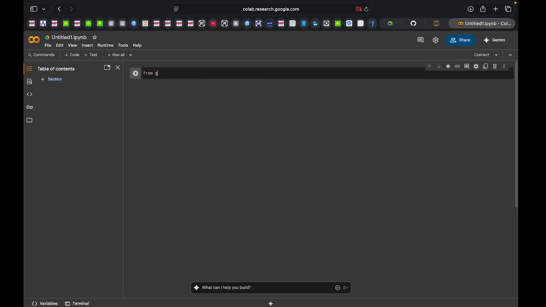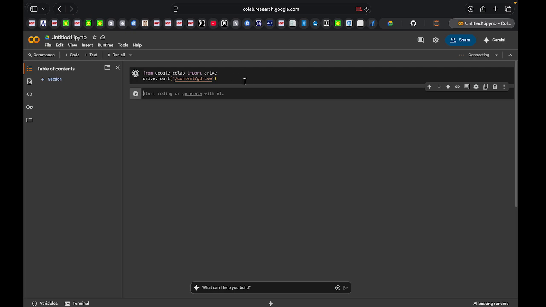You have to write some basic two lines of code every time you make a new notebook to link it with the Google Drive. So you have to write from google.colab import drive, and then you have to mount that drive. Mount that drive means you have to link that drive. So it will be content/gdrive. If you press Shift Enter to run this command, it will take